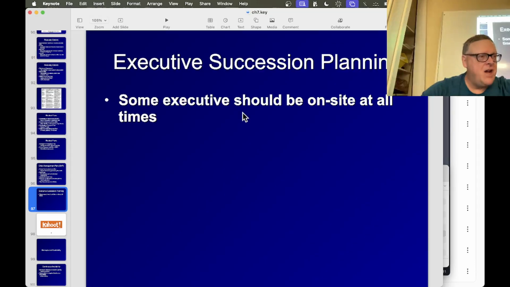The military is great about this. The military totally knows who immediately steps up to take over if somebody gets shot. Most companies don't have that. I remember a company I worked at had one guy that had to approve this and one guy that had to approve that. When that guy was on vacation, it all just stopped, waiting for that one guy to come back, because they didn't have any effective succession planning. Anyway,